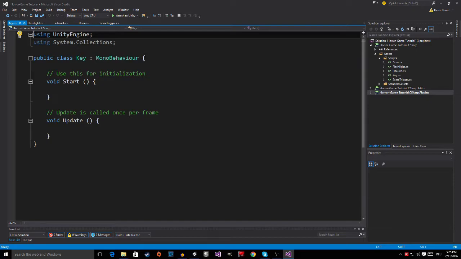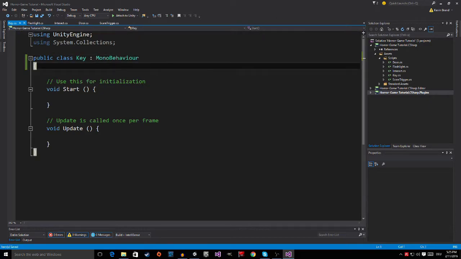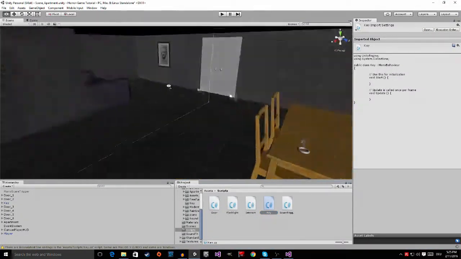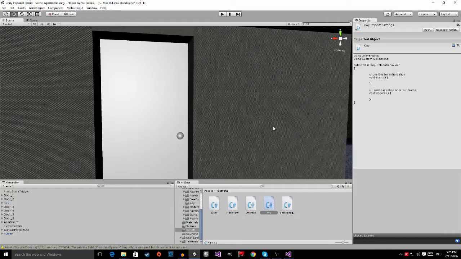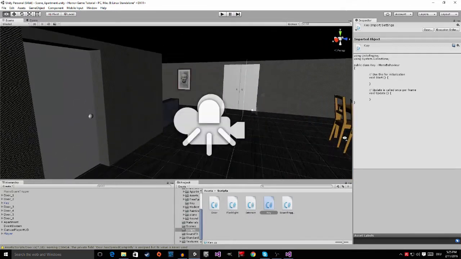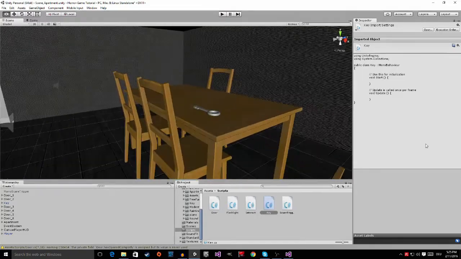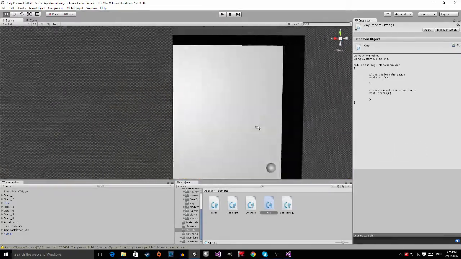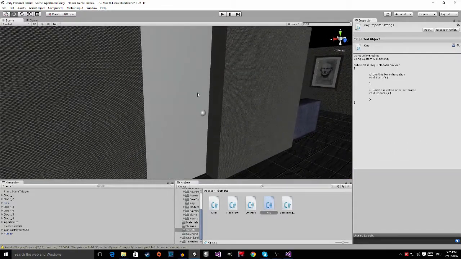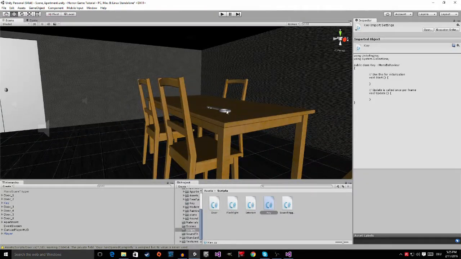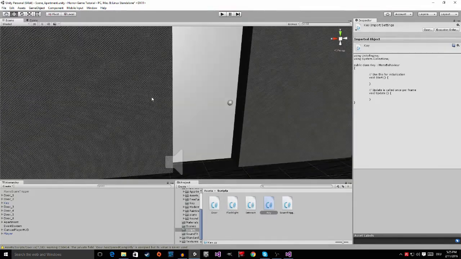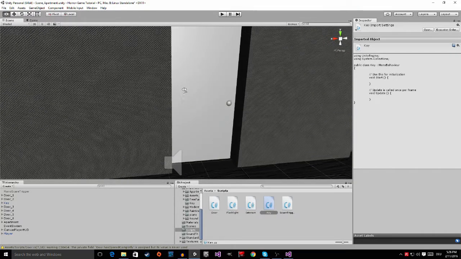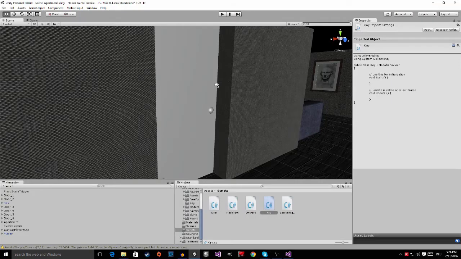So what are we going to do with this key? We have to think about it a little bit. Of course, we're going to use the key to unlock this door, or to unlock any door, right? So if we pick up the key, we want to open up the corresponding door. So let's say this is the key of this door. Then we want to